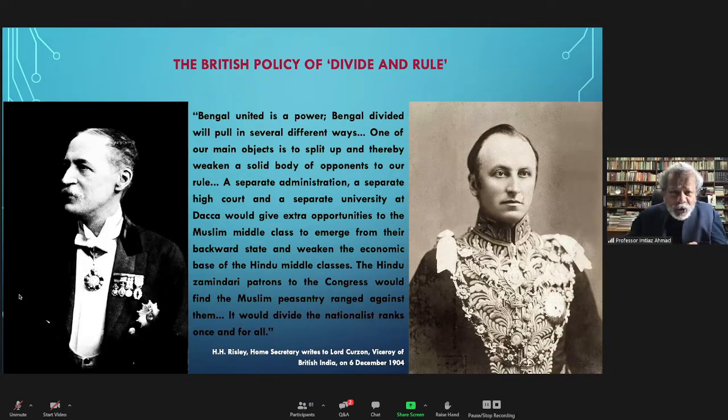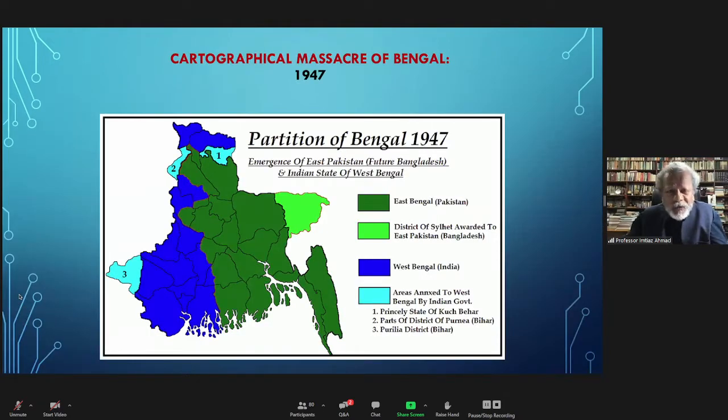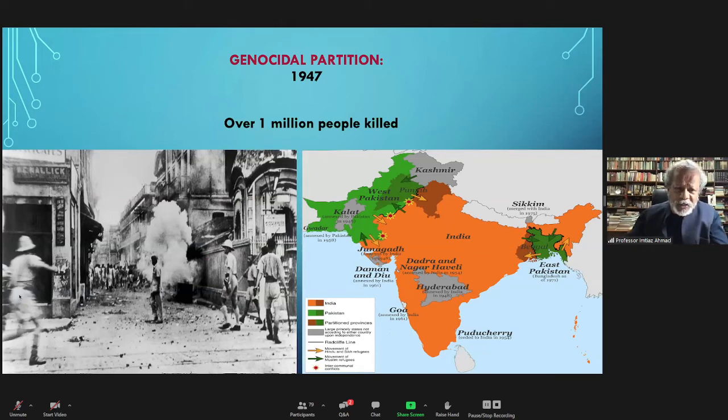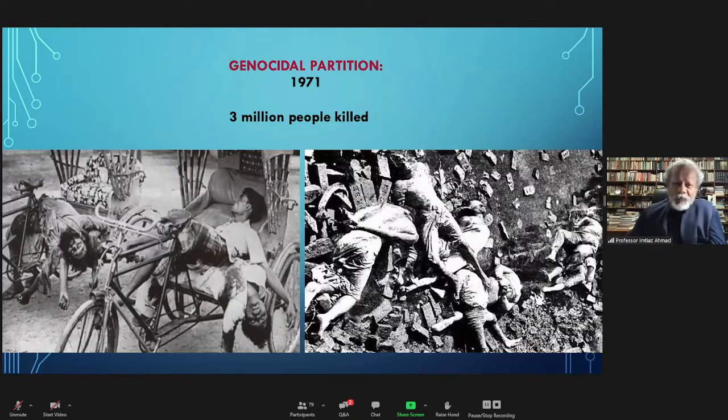But they did not stop there. There was a partition of Bengal in 1947. Yes, people of both Bengals got trapped in it and somehow divided Bengal into East Pakistan and West Bengal. But that was not all. We had a genocidal partition in 47, 1 million people killed, 10 million crossed the borders. Then we had a genocidal partition again in 71, where 3 million people got killed. So this is the history one has to keep in mind when we talk about growth and development and some of the success stories. If we don't have that history in our head, we will not get to the future